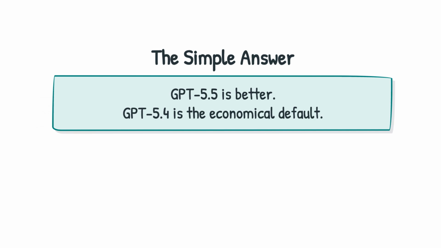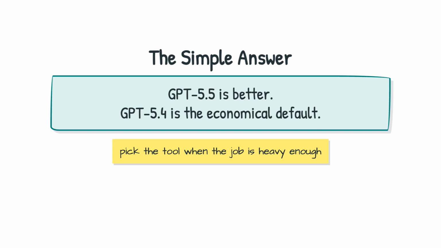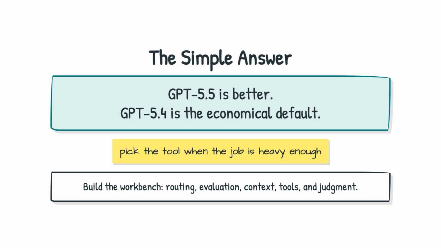So the simplest answer is this. GPT 5.5 is better. GPT 5.4 is still the more economical professional default. One is not the replacement for every use case. It is the tool you pick when the job is heavy enough. The future of AI work is not just choosing the smartest model. It is building the workbench, routing, evaluation, context,